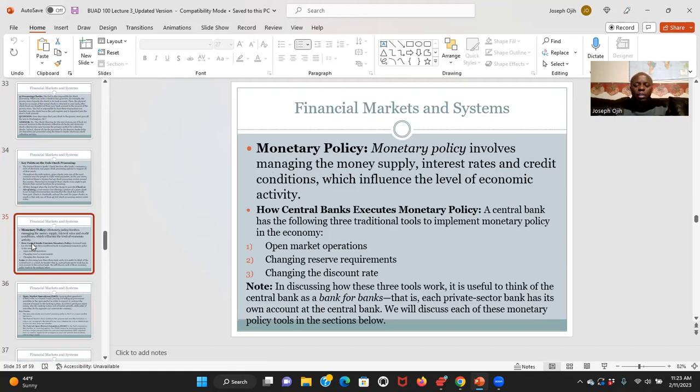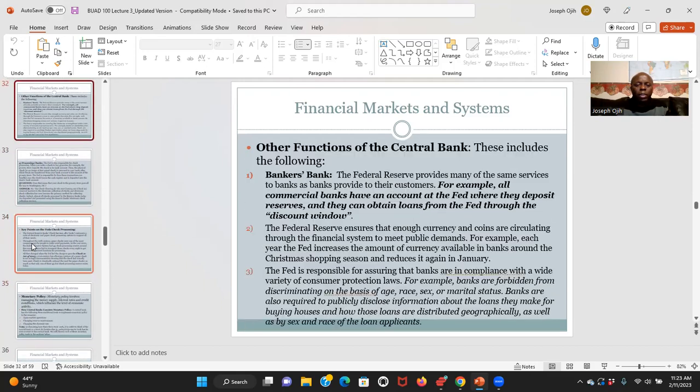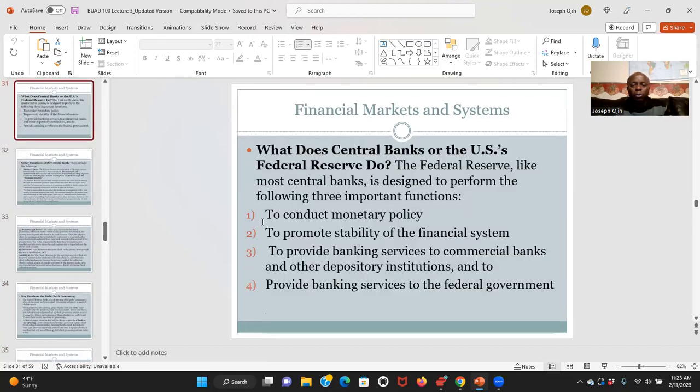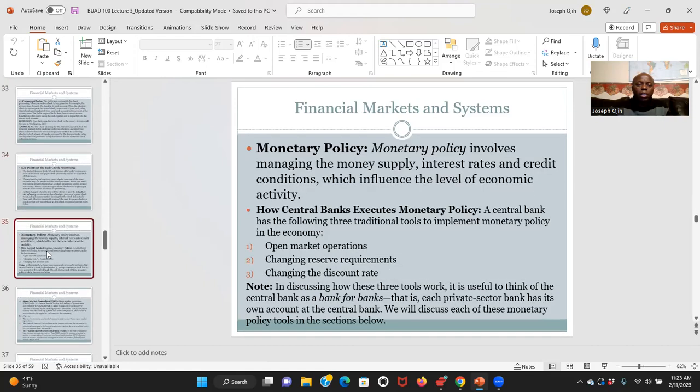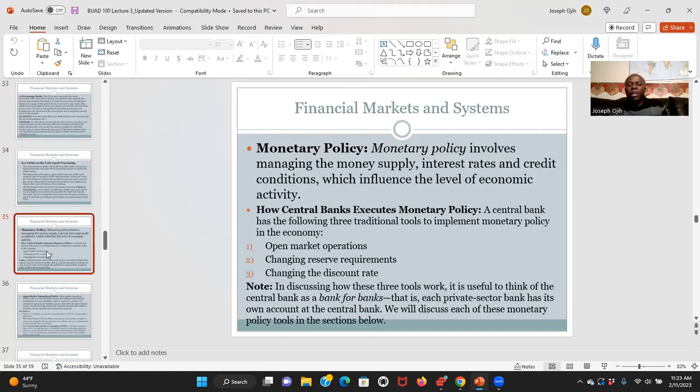Before I explain monetary policy, I want to refer you back to what I said here, that one of the functions of the Federal Reserve is to conduct monetary policy. So now, what is monetary policy? Monetary policy means